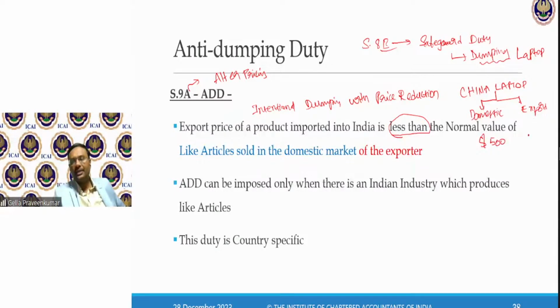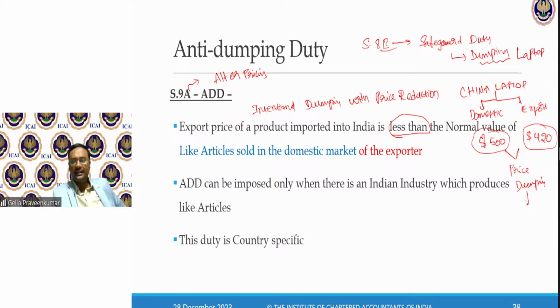For the export market to India, this is being sold at $420. Now, look at the price pattern. If I sell this laptop in China, I sell for $500. But the very same laptop, if sold to the Indian market, is sold at $420. Now, what is happening here? This is an alteration of price where there is a dumping, which is called a threat to the local market.